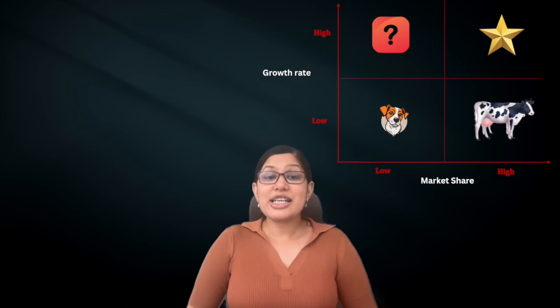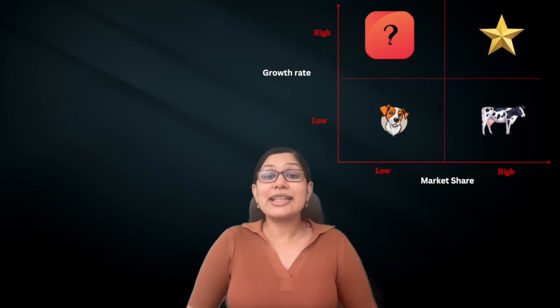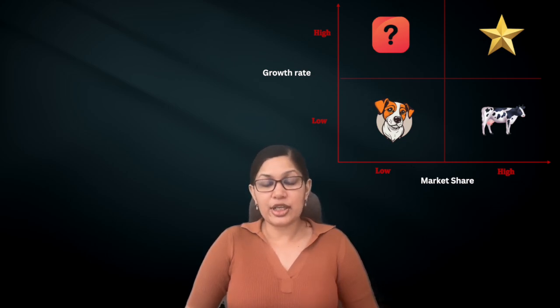A product which has a low market share but a high growth rate is considered to be a question mark. These are products where with the right investment, they could become a star. So that's what the company can do. But a product which has a low market share and a low growth rate is considered a dog. These products, the company can try to tweak it and get it back on track, but a more likely solution, especially if there are other products, would be to try to sell it off or divest it or to even shut it down. And now let's look at a couple of examples to help you understand this better.